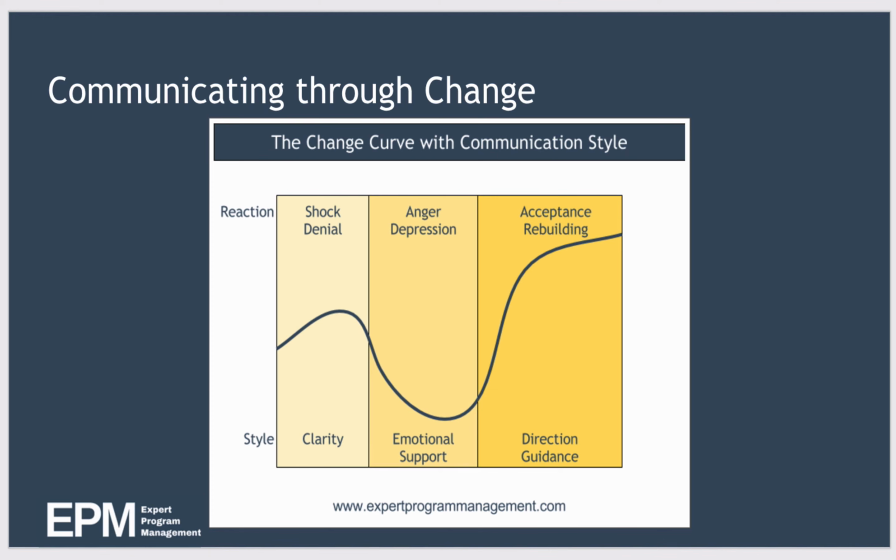Now, as we transition along the change curve and some people begin to feel angry about the change, make sure that you take the lead and actively let people know that your door is always open and that you will listen sympathetically to their issues and reassure them as much as possible. Now, in offering this emotional support, during this phase of the curve, your aim really is to minimize the amount of time and the depth of the depression at the bottom of the curve. You're trying to make the change be implemented as smoothly as possible.